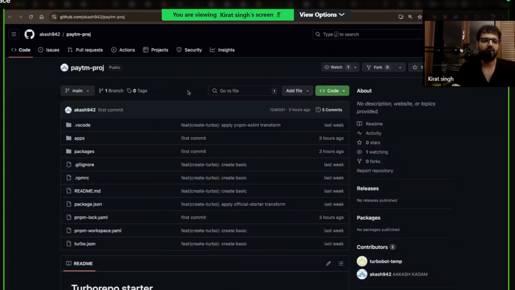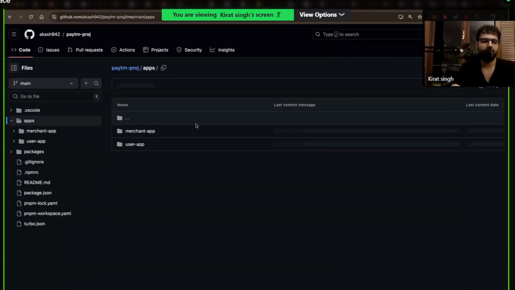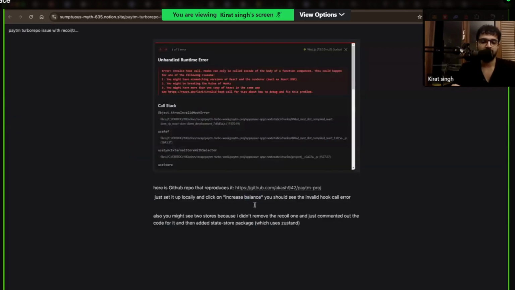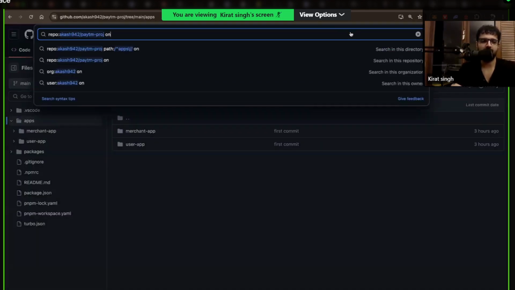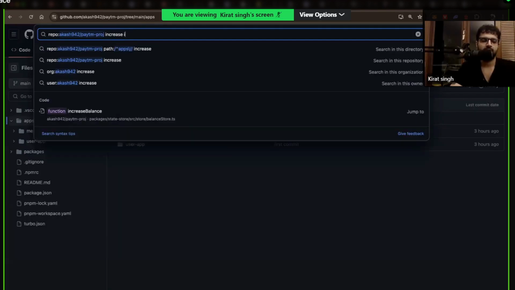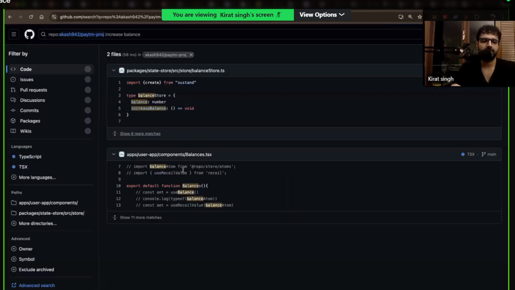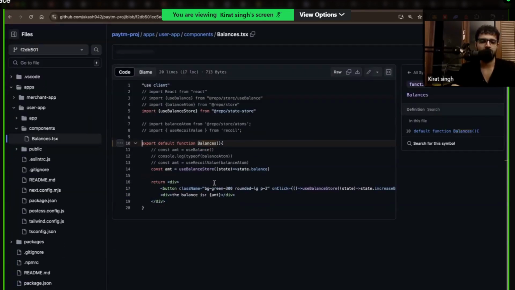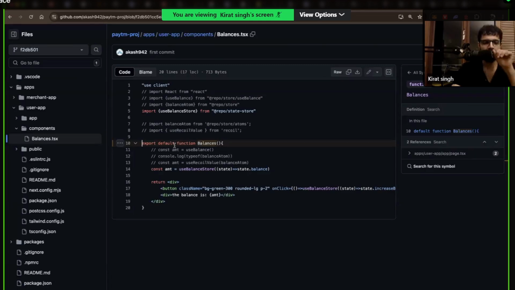Increase balance. How do you increase balance in your code? Let's see. Merchant. Start locally. Which one of these should I start locally? Increase balance. Amount equal to export default function balance.